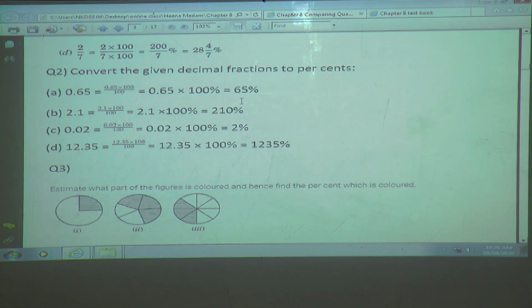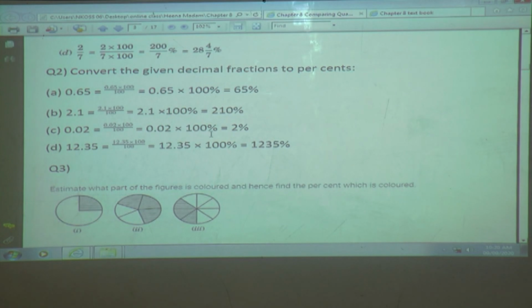Whatever we have learned, we have to apply here to find the easy steps. So here 2.1 we first write as a fraction, and then we have to convert it into a percentage. So 2.1 multiplied by 100% is equal to, again the decimal will go 2 digits forward. We have only 1 digit, so we have to write 0, so it will be 210%.